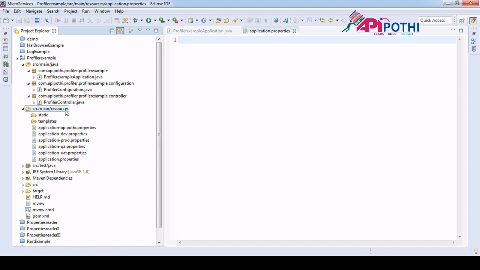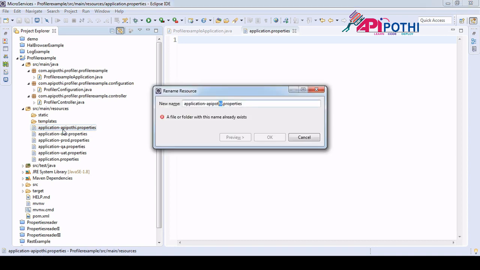So the point here is that Spring Boot doesn't care about the string you keep after the hyphen. Spring Boot just understands it as a string. Spring Boot doesn't understand whether this is QA or dev, prod or UAT. It just understands, okay, this is the environment name, that's all, and the environment name may be anything.